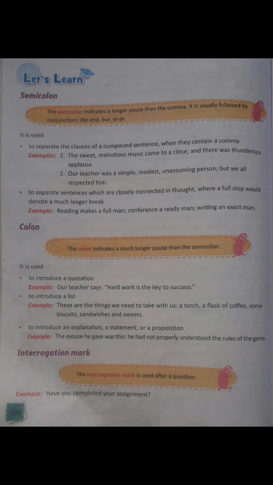To separate the clauses of a compound sentence when they contain a comma. Example: The sweet, melodious music came to a close; and there was thunderous applause. Number 2: Our teacher was a simple, modest, unassuming person; but we all respected him. One more example: The enchanting, eloquent speech came to an end; and there was absolute silence for